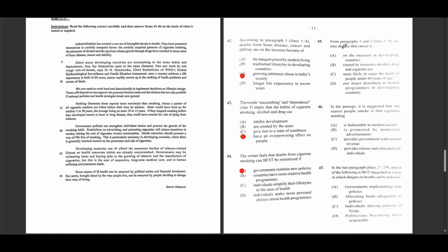So number 45, from paragraphs 1 and 2, lines 1 to 9, we may deduce that cancer is. So based on paragraphs 1 and 2, what can we deduce about cancer, right? Once we go through it, we can see that it's option A, cancer is on the increase in developing countries. Since many developing countries are succumbing to the same habits and dependence, they lay themselves open to the same diseases, right? Assessment, once a country achieves a life expectancy at birth of 60 years, cancer rapidly moves up in the ranking of health problems. So nice,